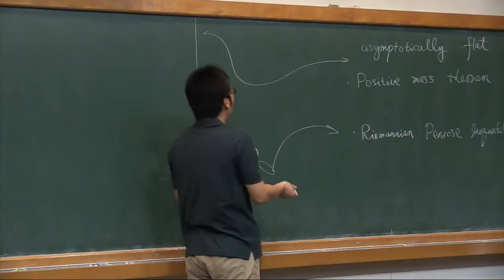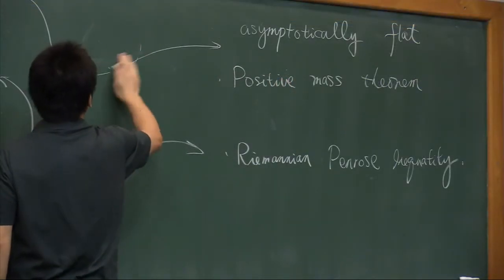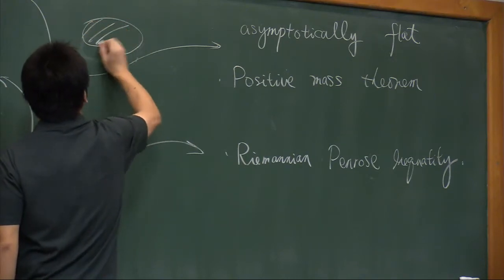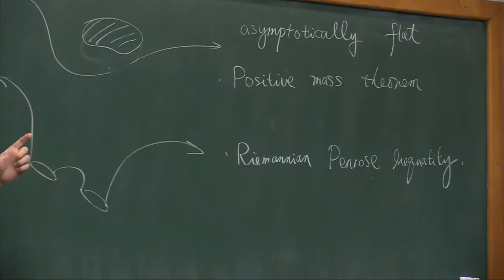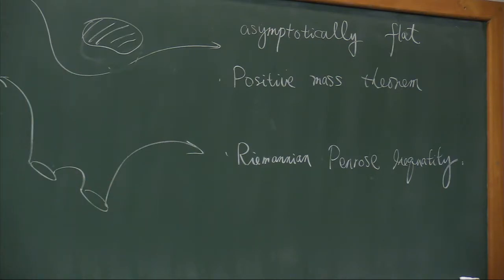So in other words, you can just think of the manifolds I'm going to talk about next as a finite domain inside such an asymptotically flat manifold. Why am I interested in these manifolds? That's again related to these two